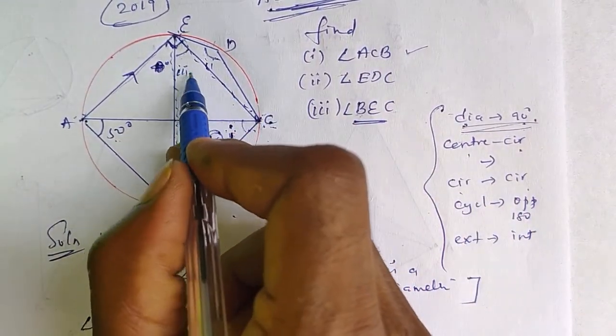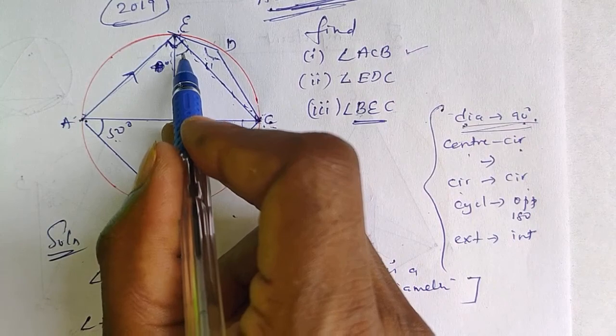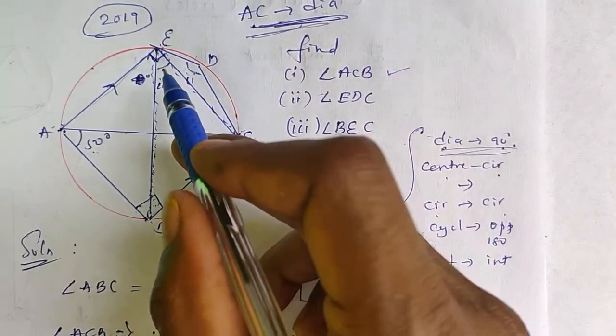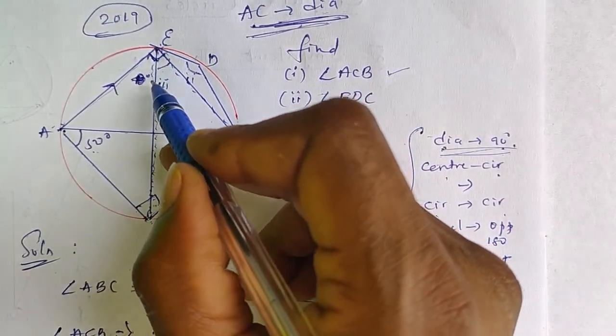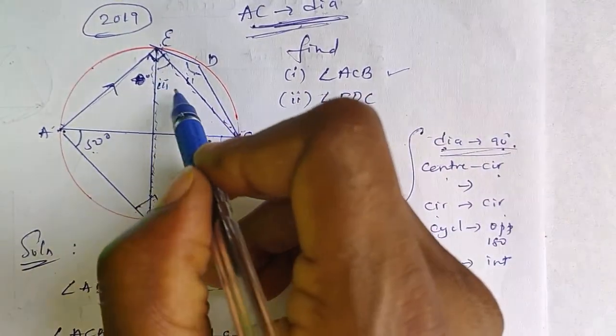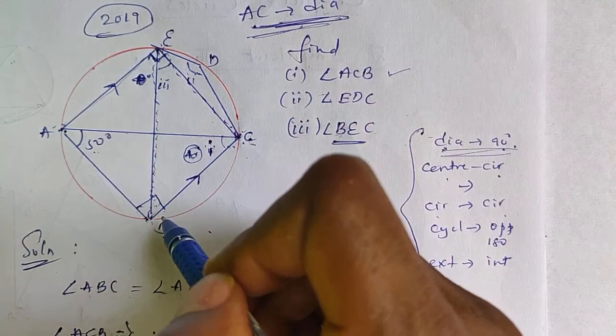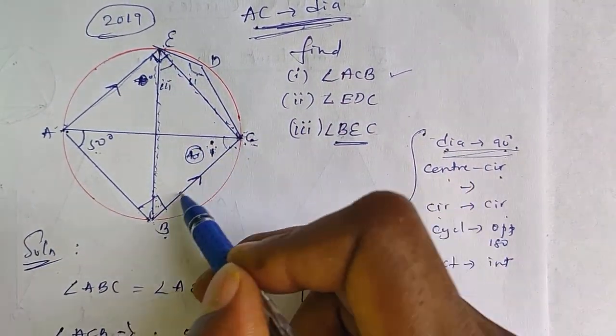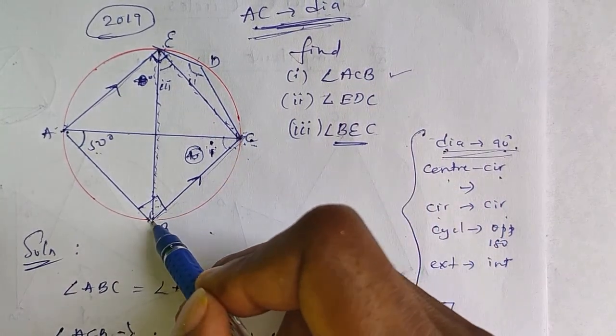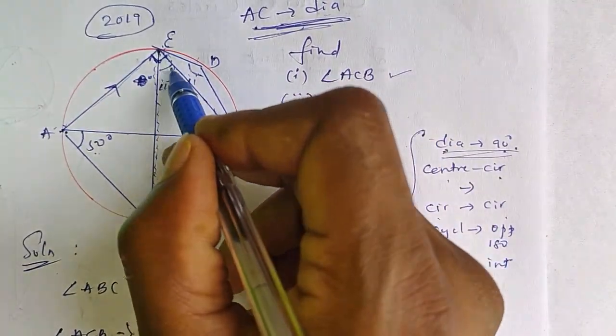Or you do one thing. Now we go to question number 3. This question number 3 is formed on which base? This question number 3 is formed on BC base. Look at here, this third angle is required. This third angle is BEC. It is lying on BC. That means from B end and C end this angle is created.